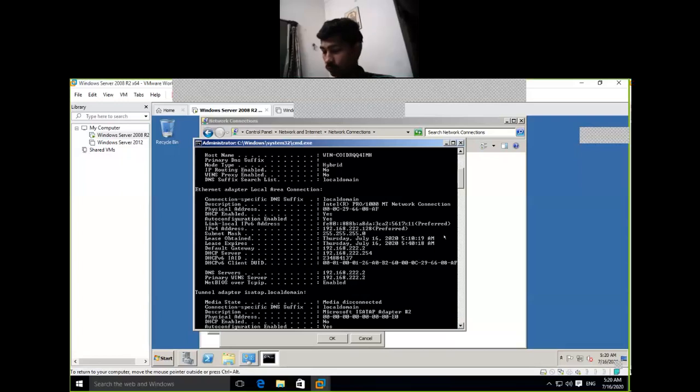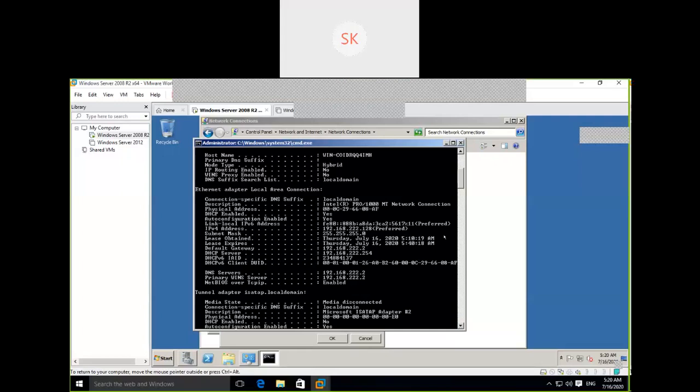So as a recommended approach, whatever servers you configure should be configured with a static IP. Static IP means the IP is reserved for that particular server. If a DHCP server is not available, we need to assign an IP address to our system.